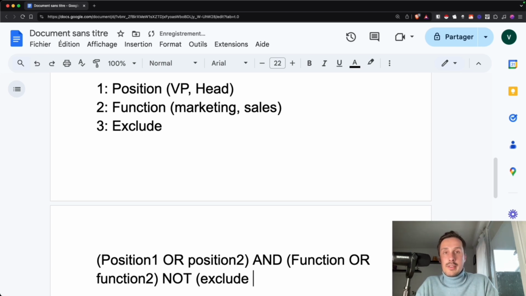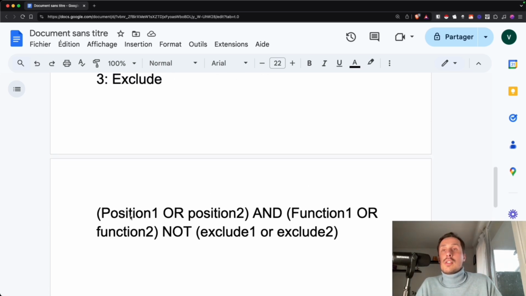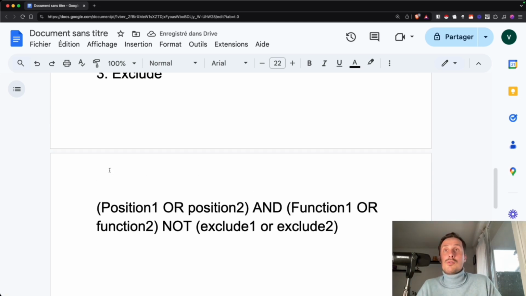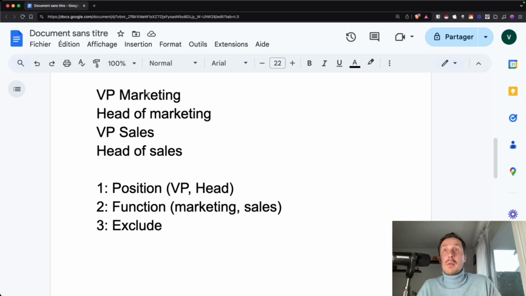So exclude 1 or exclude 2. And I forgot 1 here. And then I close the bracket. So of course you can use more position, more function, but we will keep it as simple as possible for this example. Now, if I come back to our example, we want VP marketing, head of marketing, VP sales, or